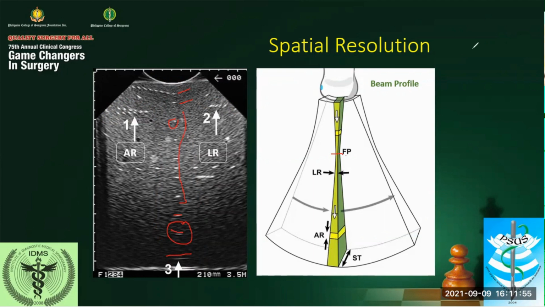And this is the reason why we adjust the position of the focal point. So if our region of interest is in this area, the focal position should be adjusted somewhere here, so that these pins will not be elongated. They will appear like this one, like the original, displayed in their original size. So here, this is elongated. And this is a common error.